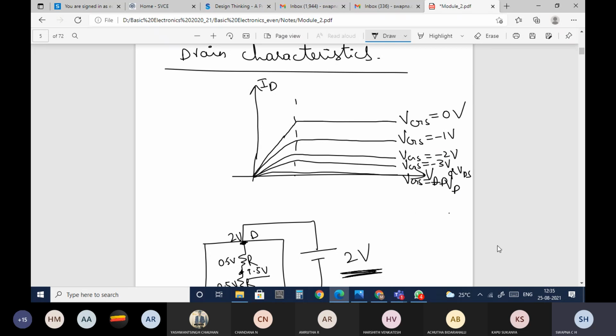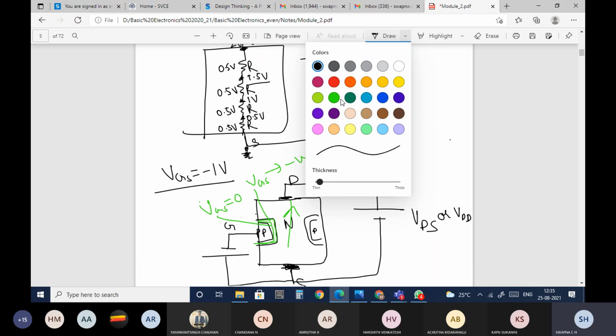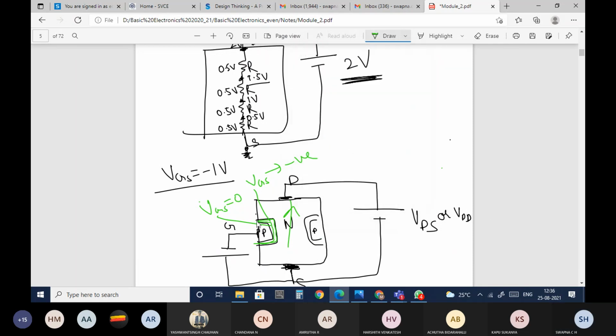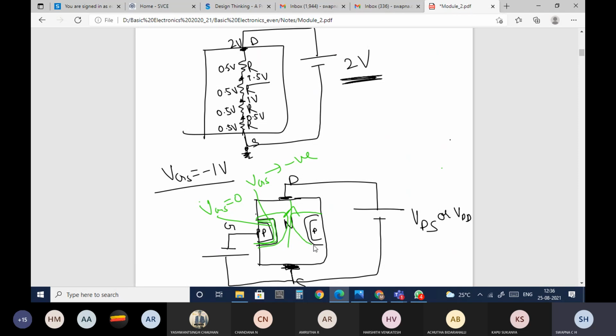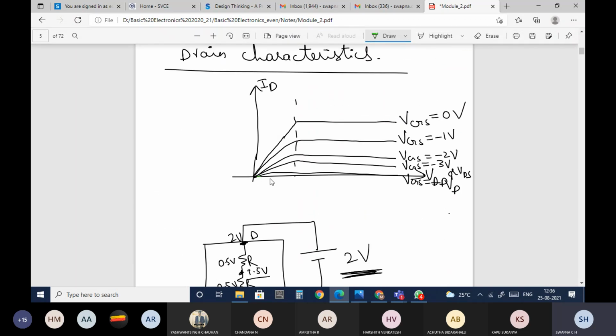VP is nothing but the pinch off voltage. So here that will be the maximum point, maximum voltage, where both the depletion regions will coincide. When both the depletion regions are coinciding, there won't be any current flow. So below the pinch off, this region is said to be the cutoff region,